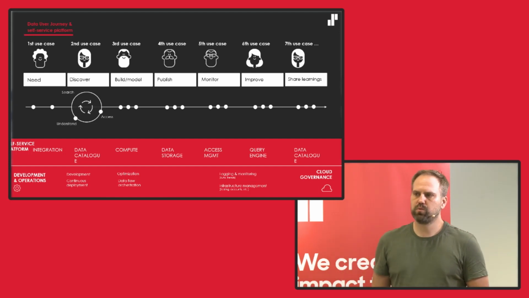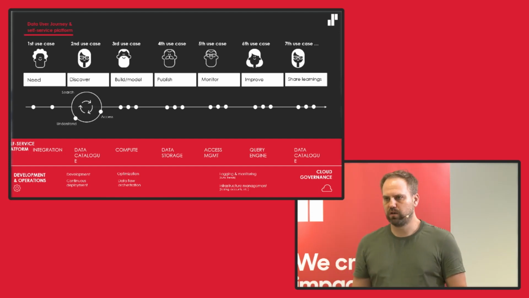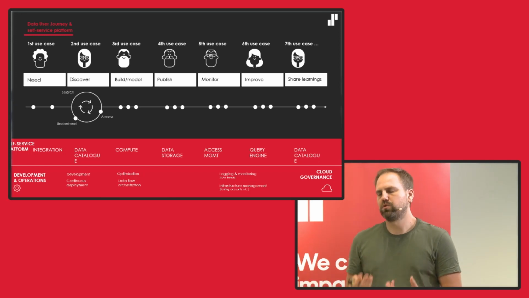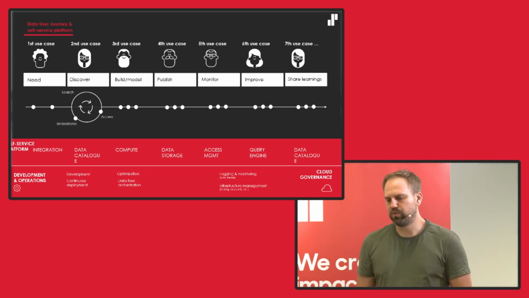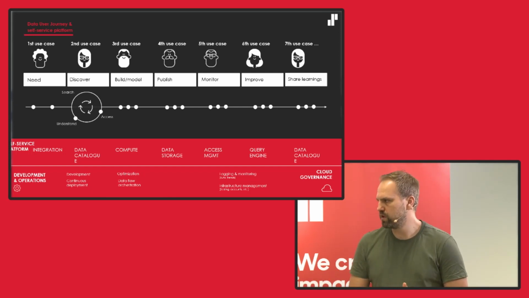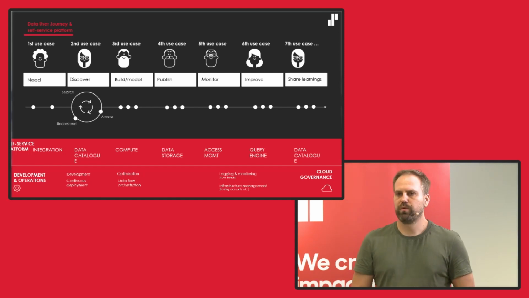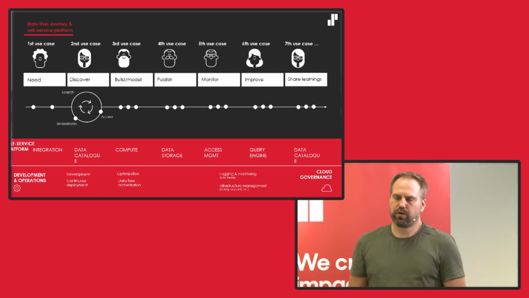There are of course cases when we have to work on-prem, whether it's for regulatory reasons and so on. But usually that's also governance. It's compute governance and data center governance, but here we have the cloud governance. And then we have development and operations. So, you know, version control, CI/CD pipelines, all of this is underlying all of the self-serve components.